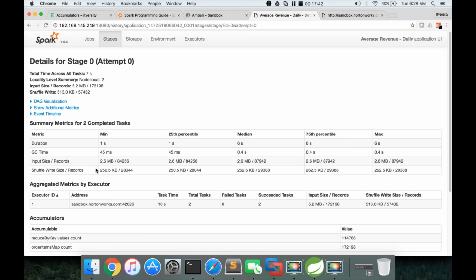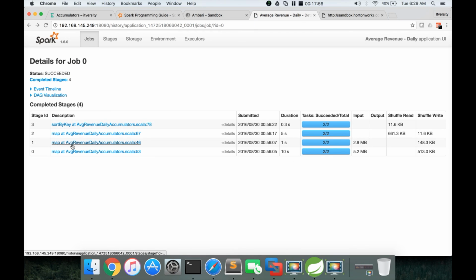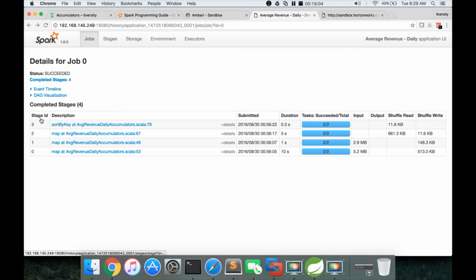In this case, the executor ID 1 has executed the logic on order items, both the map function as well as the reduce by key. Hence, you can see the counters as part of this task. But the other task, which is, sorry, actually it is stage, not the executor ID. We have to focus on the stage.